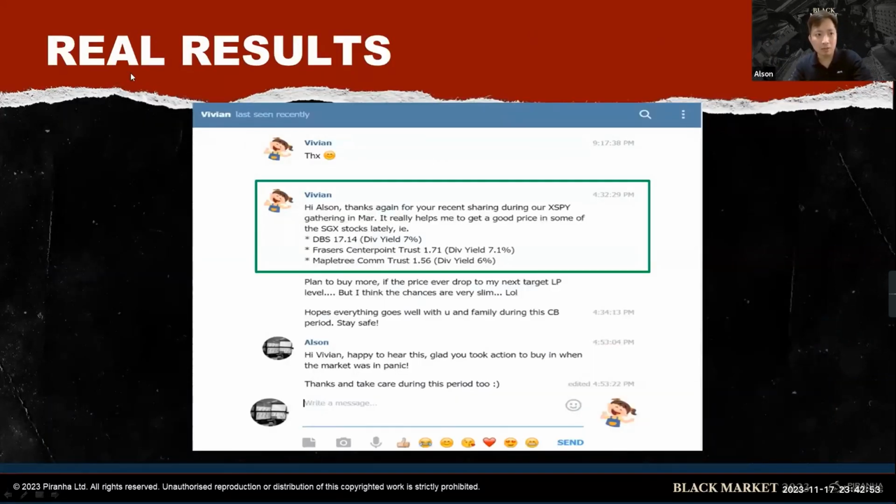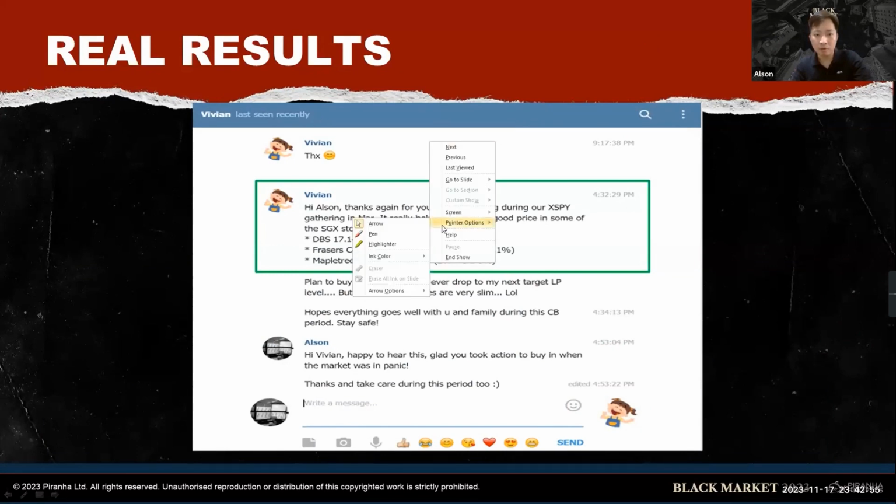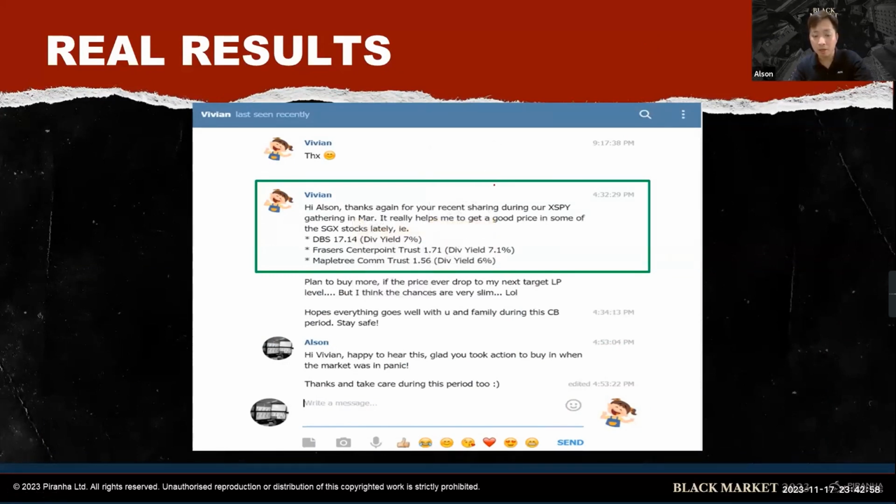And I'll share with you guys this from one of my students, Vivian. I saw in the chat some of you asked me, if you're a beginner, can you learn what I'm going to teach in the price action manipulation course? I would say the most important thing is that you must have the interest. If you have the interest, even if there's a big stone in front of you, you'll remove it. If you don't have interest, even if there's a small stone in front of you, you will have a lot of excuses. Agree?